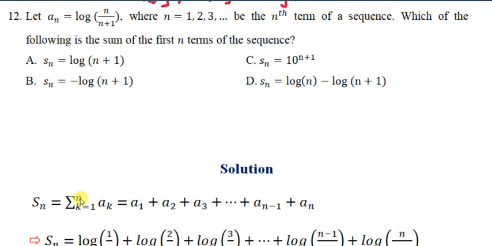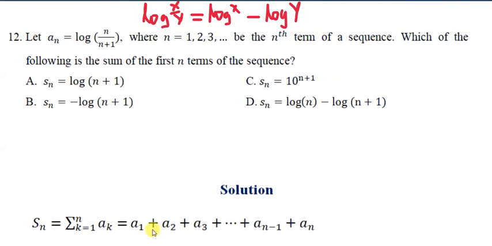This means when our k is 1, then a1 becomes logarithm of 1 over 2. When our k is equal to 2, which means a2, then a2 is equal to logarithm of